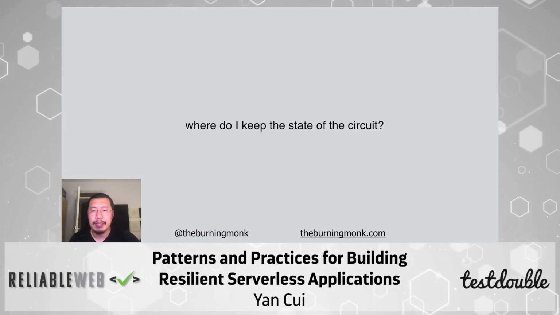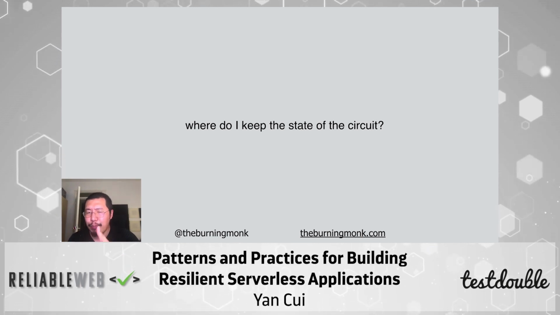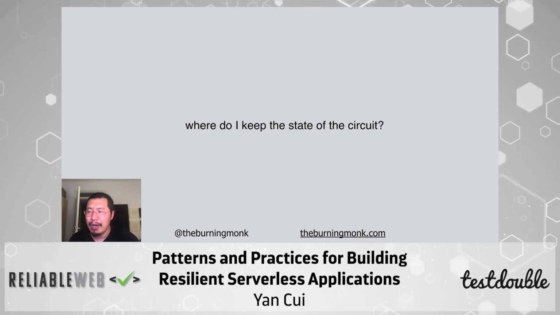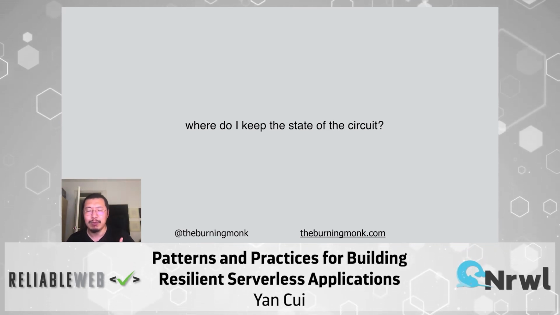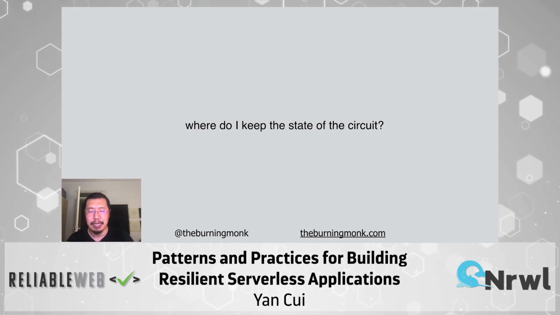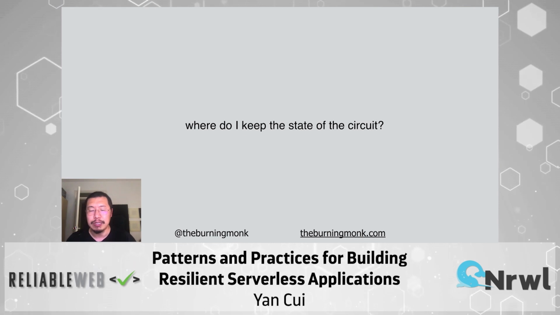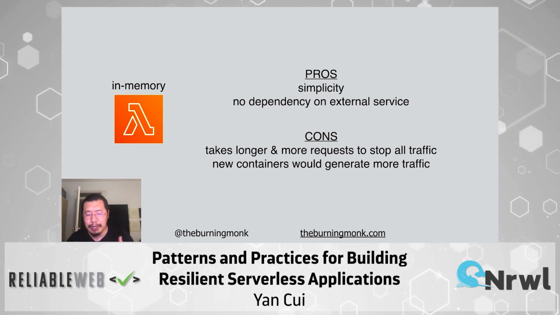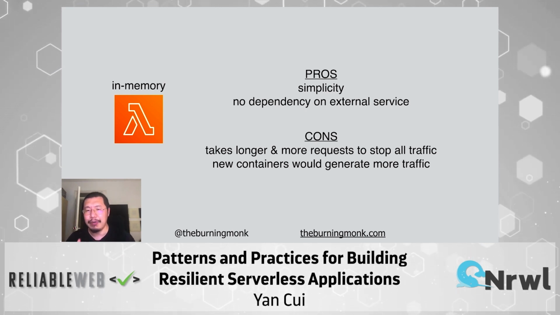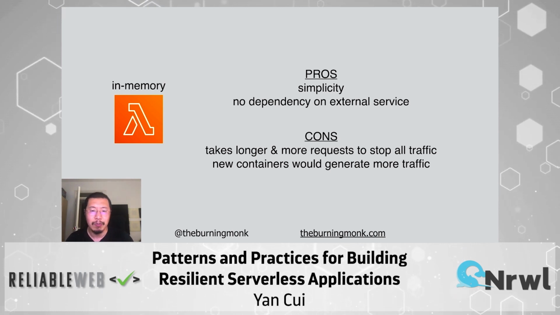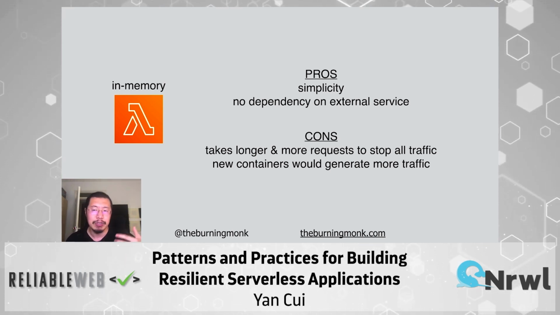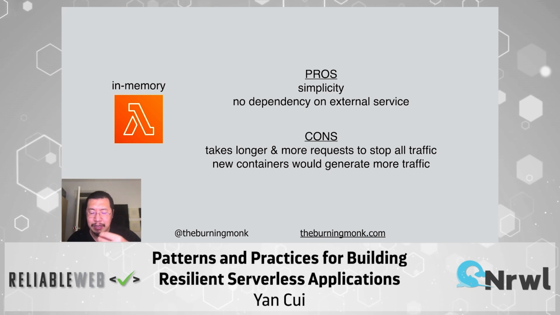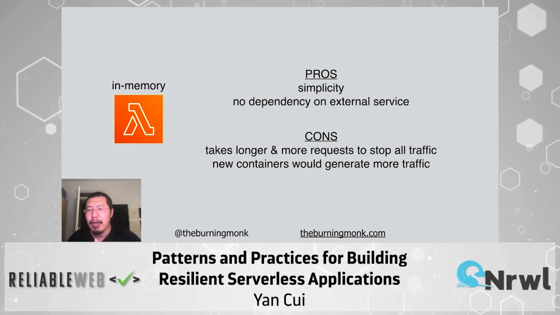The big question for a serverless application is, where do you put the state of the circuit, since concurrent executions don't share state. They're all executing in separate environments, which is one of the things we talked about before, where it's a benefit because if one user request uses up too much resource, it's not going to affect any other user requests. So the two ways I think you can do this, you can either let each concurrent execution track its own state, which is simpler and has no external dependency, but it does in this case allow more